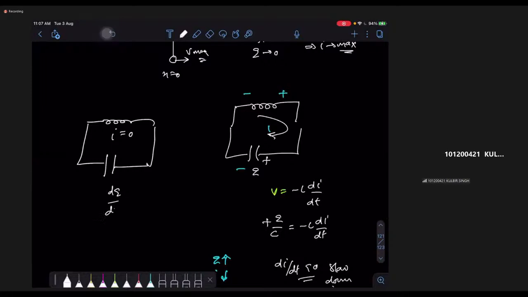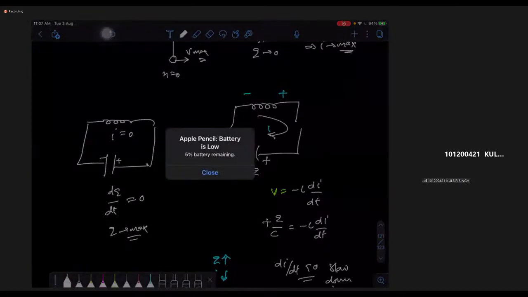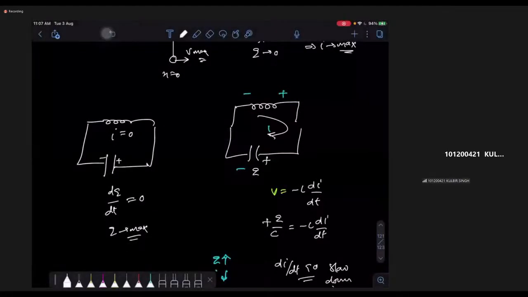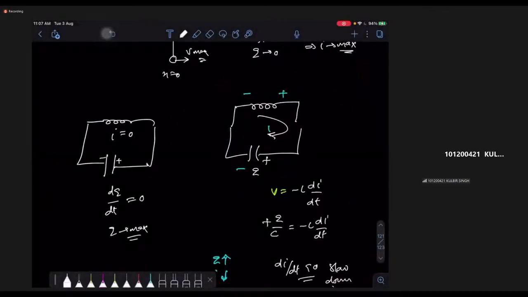Current being 0 means charge goes to max. So it is fully charged. So I hope you understand the point over here. So now my capacitor is fully charged, but